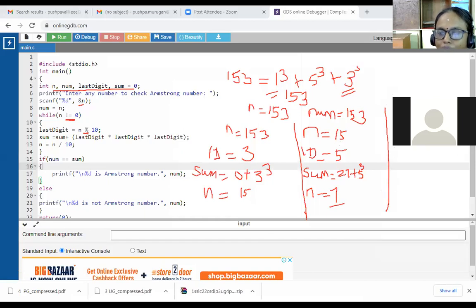Okay, so the next iteration will also happen. n equals 1. What is my last digit value? n modulus of 10 again, and that is also 1 modulus 10, that is also 1. Okay, now sum equals